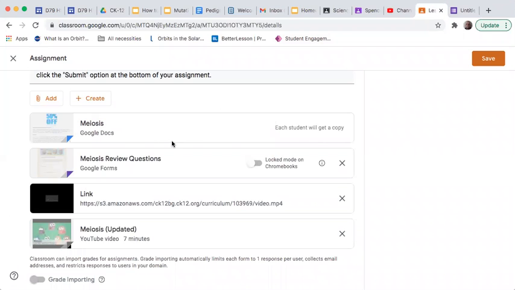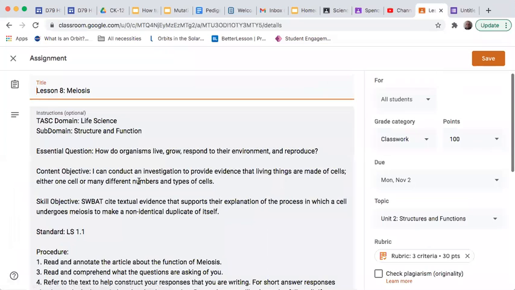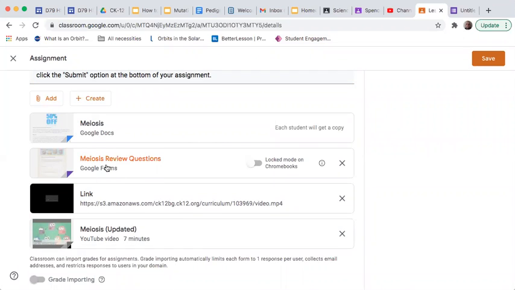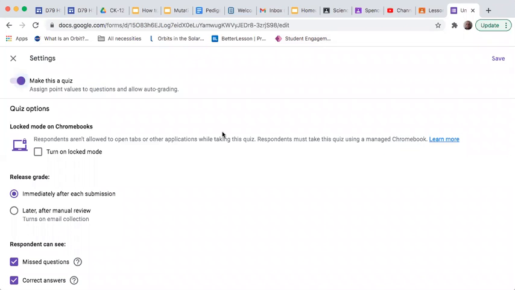Or if you are uploading, let's say in an assignment, a Google Form that you've created, right here as well, this clicks it on and off. So if you just tap here, it turns on. If it's light gray, it's off. And that won't be an issue for students if they are completing this from their smartphone or from their home laptop or tablet, whatever they are using. That's, again, just an extra security feature for Google, for Chrome, and for schools. So these are the two ways you can turn it on or off if you'd like that for